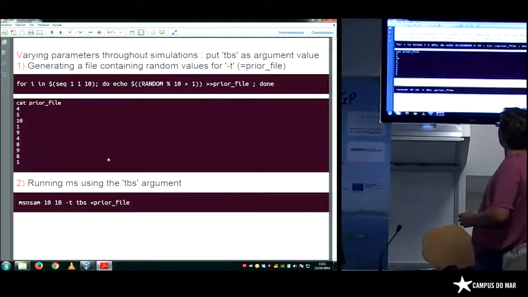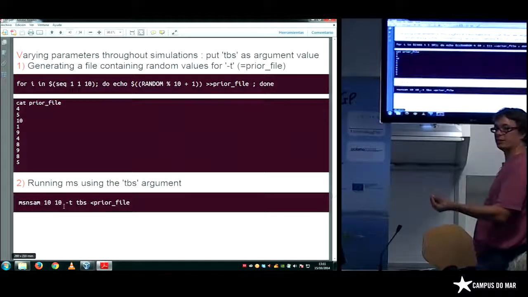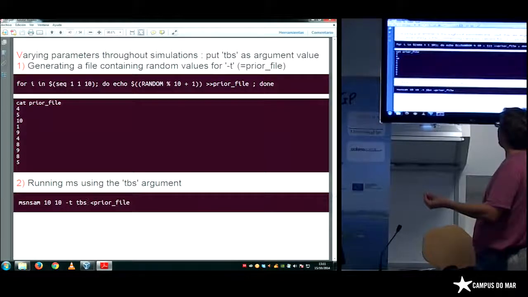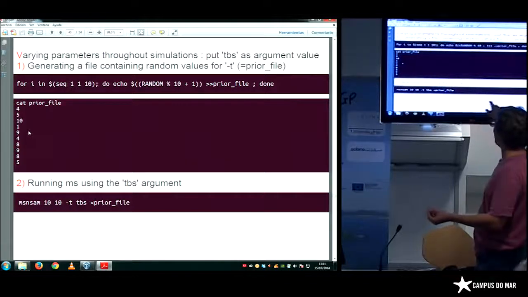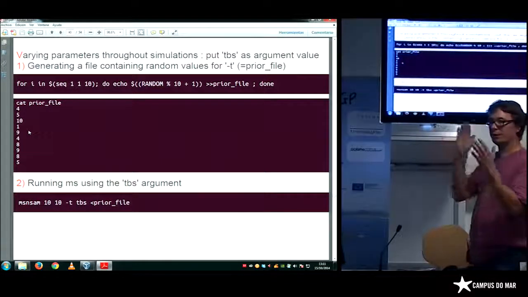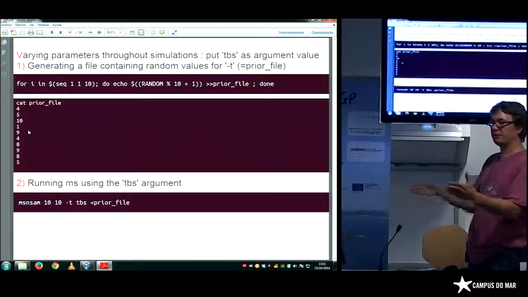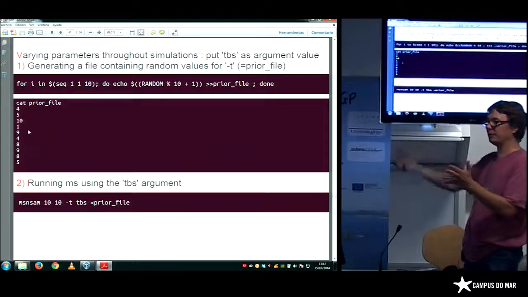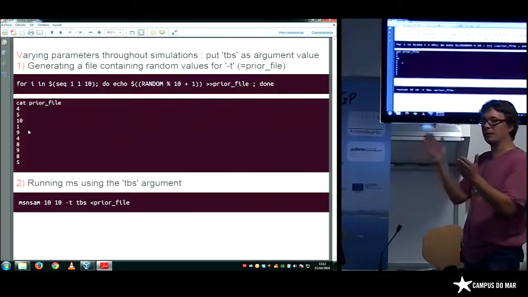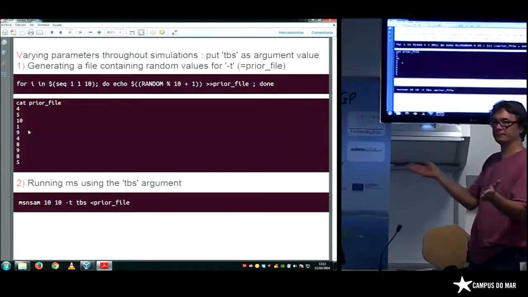Here you are going to do 10 simulations, and each time TBS will take the value generated previously. So with this command line, you do 10 simulations with 10 different values of theta, theta being sampled in a uniform distribution between 1 and 10. Okay?